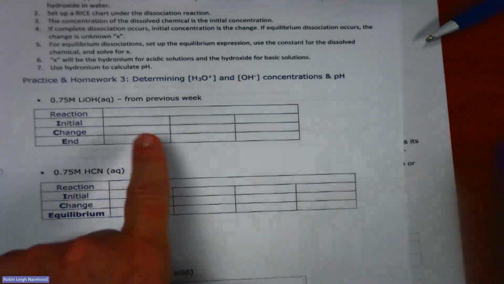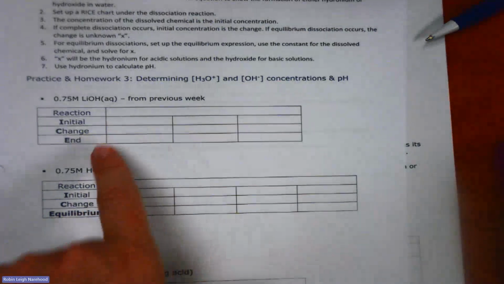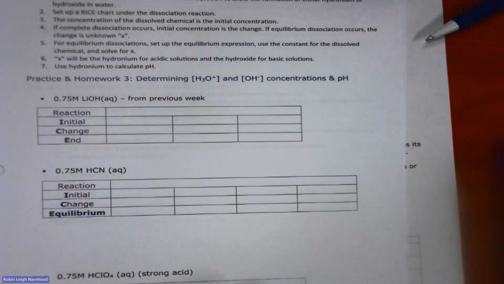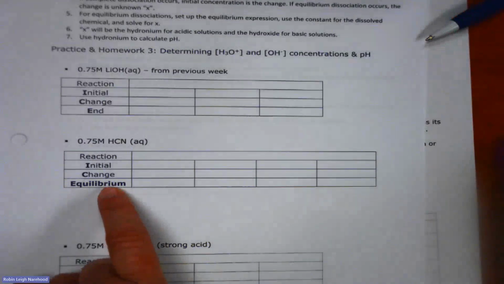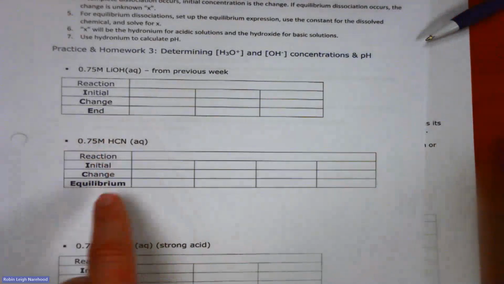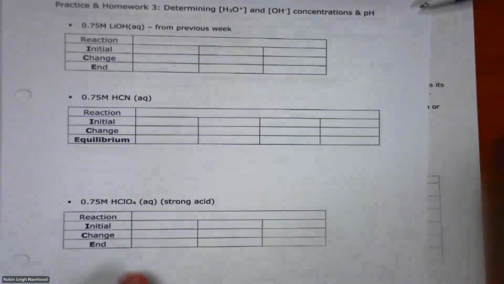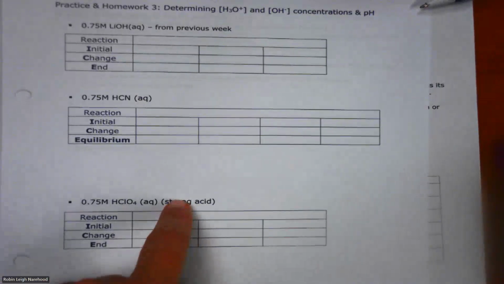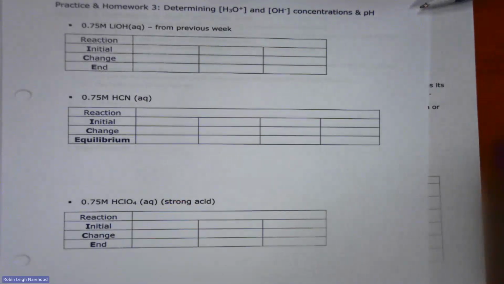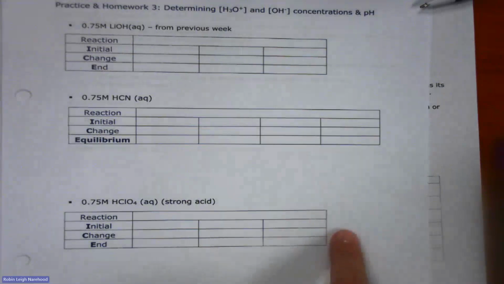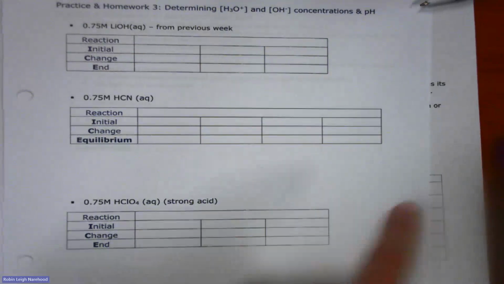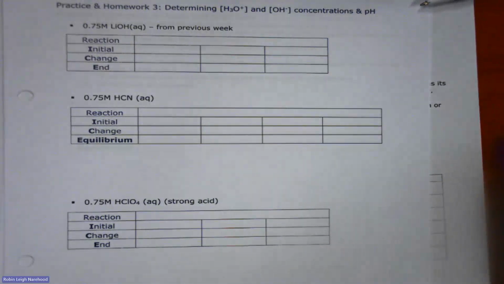But I've created the charts already. So I already have whether it's weak or not. If it's not weak, I have end. If it is weak, I have equilibrium. So I've already created the charts. Oh, this one, we needed an extra column. I forgot to add the extra column to that one. Okay. So go back and finish the solubility stuff, and then